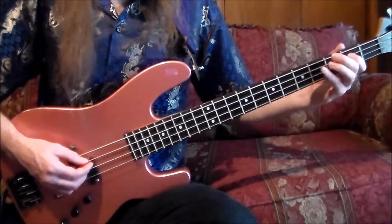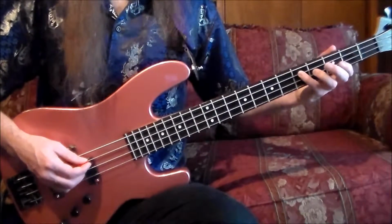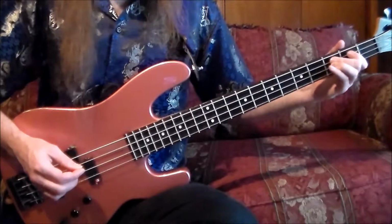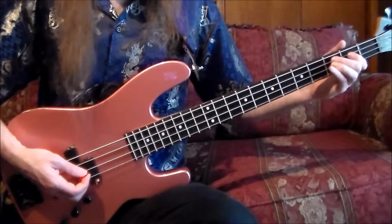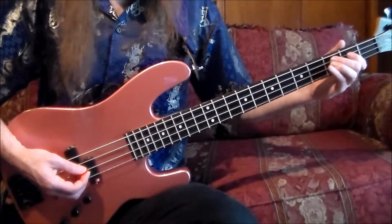Okay, so this is what we have so far with the 4 count lead in. 1, 2, 3, 4, 1 and a 2 E and. Now to finish up the first measure, we're going to play 4 16th notes counted 4 E and a,